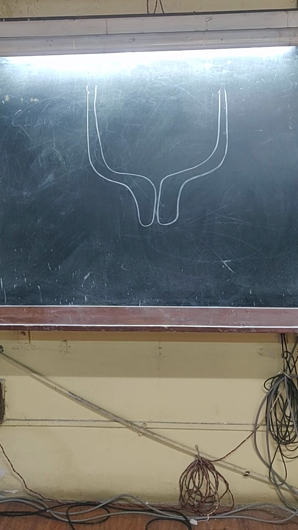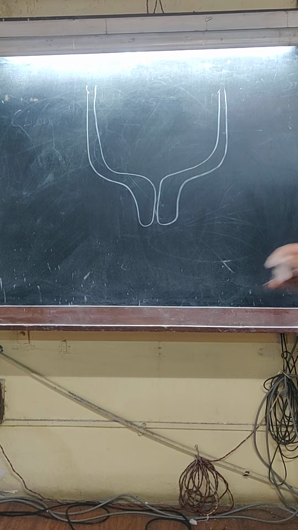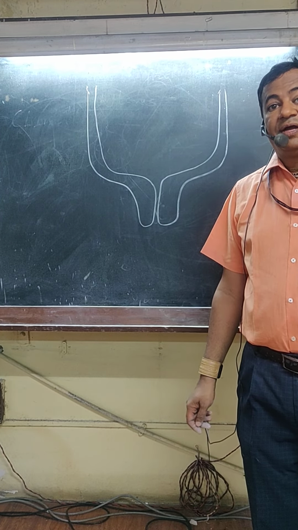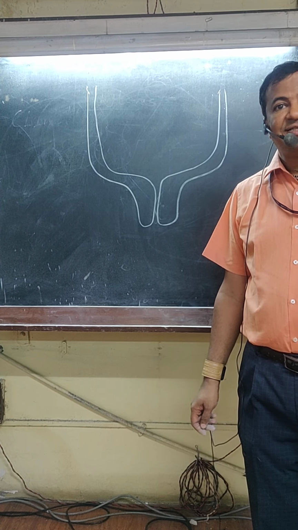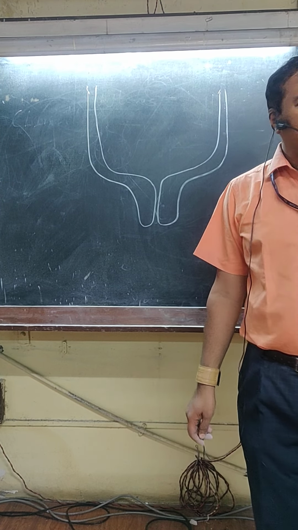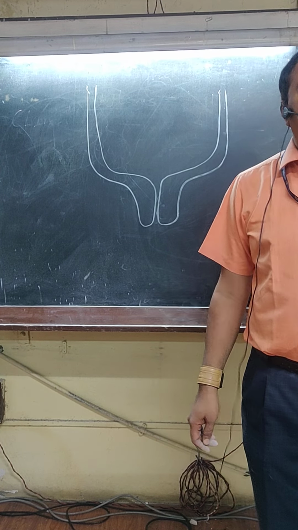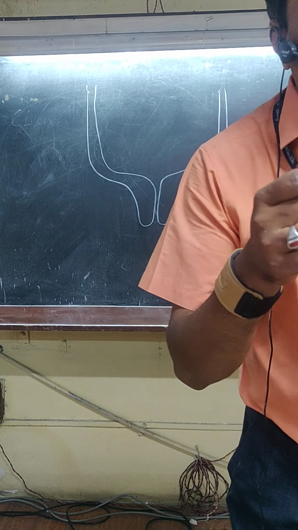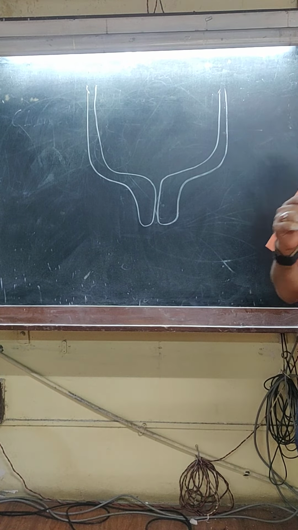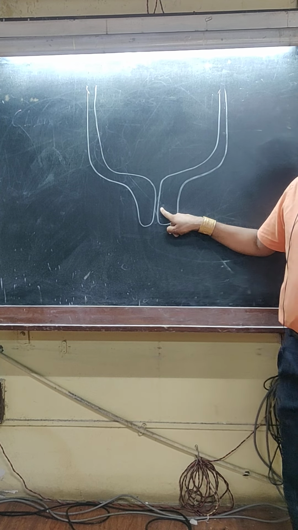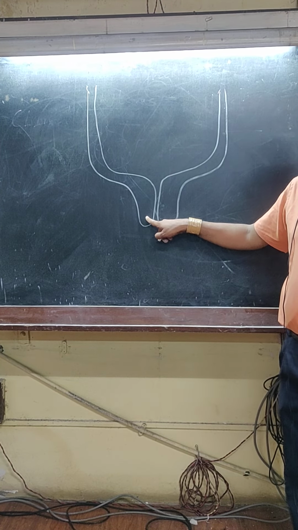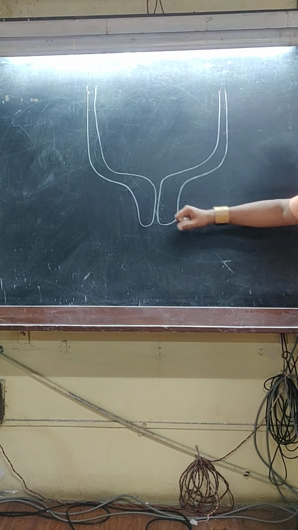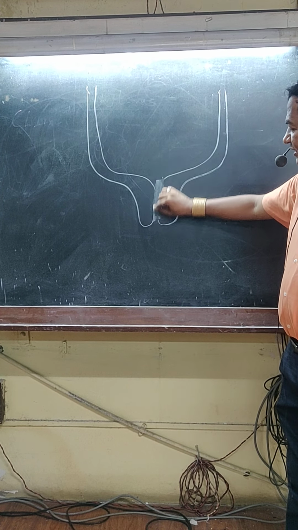Now what does paramesonephric duct form in males? Prostatic utricle and appendix of testes. Paramesonephric ducts in males form prostatic utricle and appendix of testes. So in females, they are uniting and forming the uterus. Now see, there is a chance that this septum may persist.